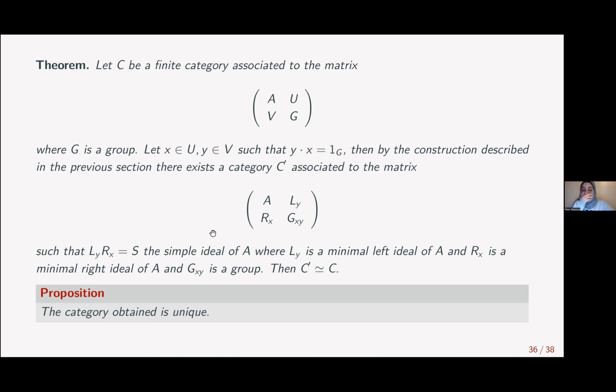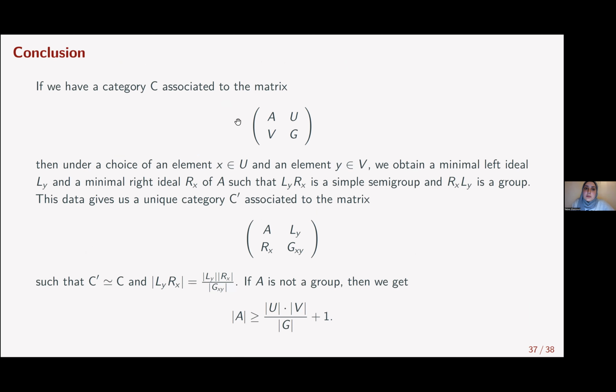As a conclusion, what we want to know is if I have a category associated to this matrix, and under the choice of X and Y, I can obtain a category C prime that is unique, associated to A, LY, or X, GXY, and these two categories are isomorphic, and the